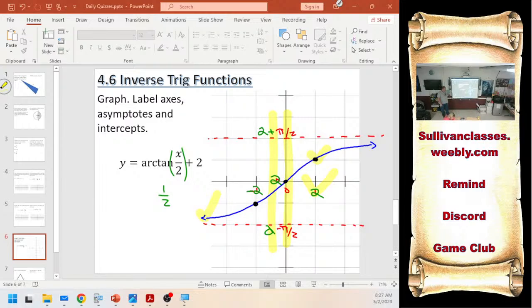Okay, so arctangent, base function, horizontal dilation, vertical dilation, regular graph, you have your asymptotes. Cool? Okay, so yesterday was mostly about talking about what inverse functions are